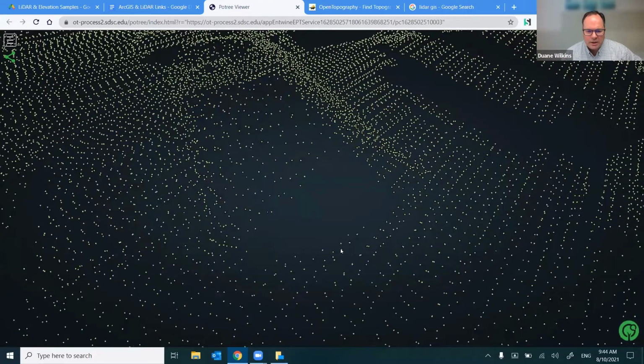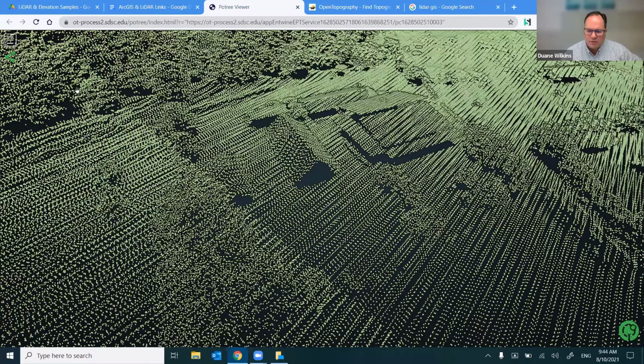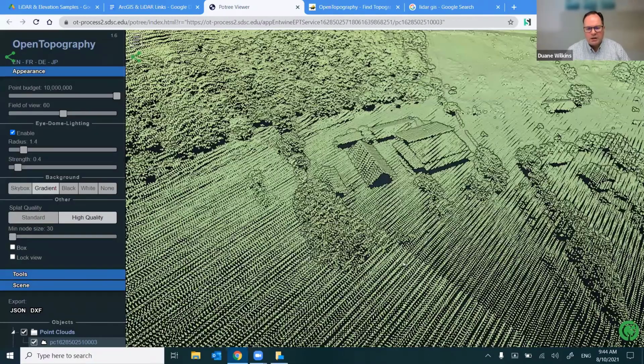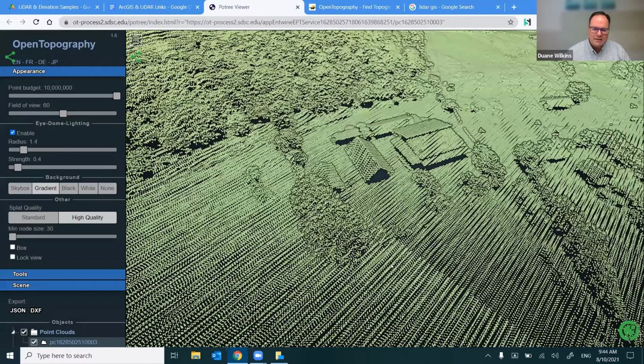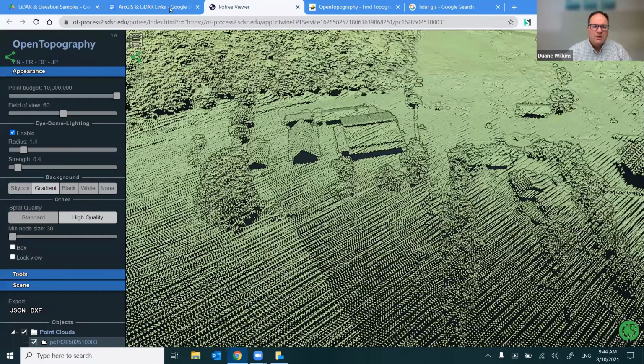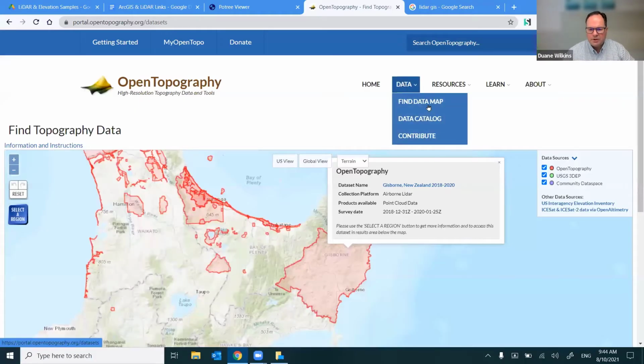Okay, let's come out again, and we can see here there are a number of features. Now, over on the left here, we can adjust this view. Now, in terms of creating and looking at raw LiDAR data, this is the easiest, simplest way to do it using this tool. And the way to get to this tool, let me just show you how I did this